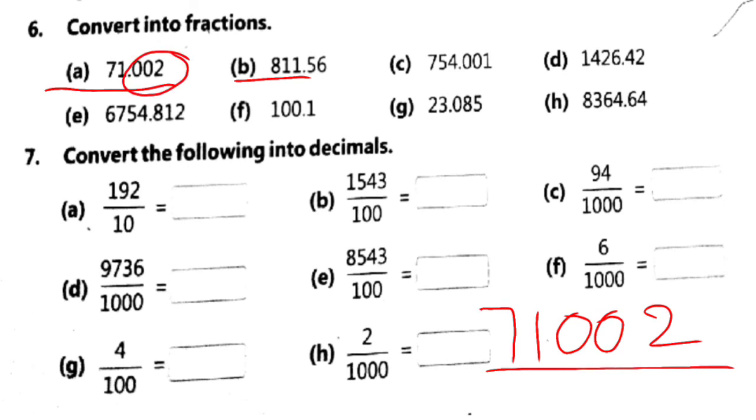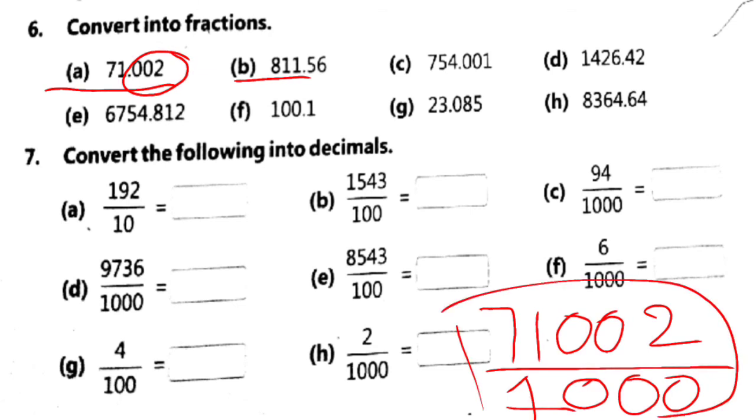So there are 3 digits. So I write 1 in the denominator and then apply the 3 zeros here. Okay, this is our fractional number. Now how can we write it in lowest form? For that we have to cancel the value if able to cancel, and if not able to cancel then directly write the answer. So this is the answer for the first question. Okay,